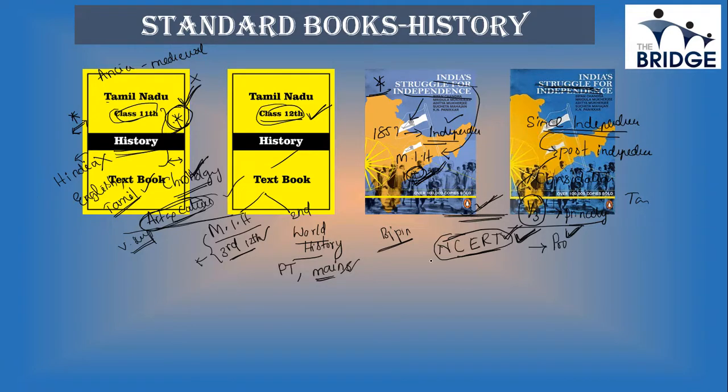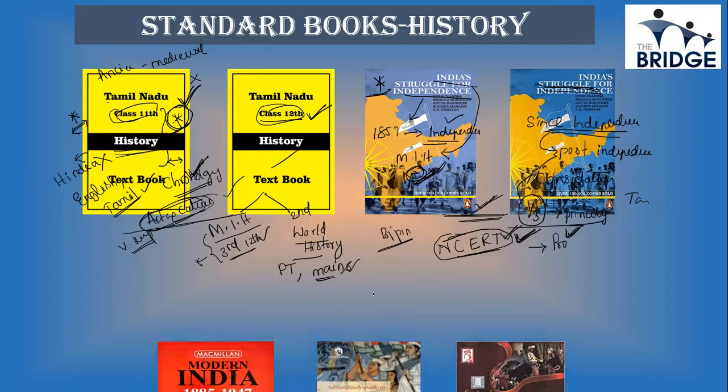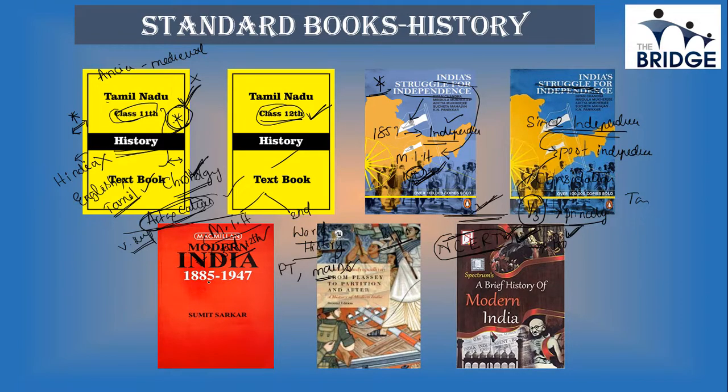Now apart from that, if you are interested, or if your optional is history, I'll suggest three more books. One is Modern India by Sumit Sarkar. This is also a very good book. So the events from